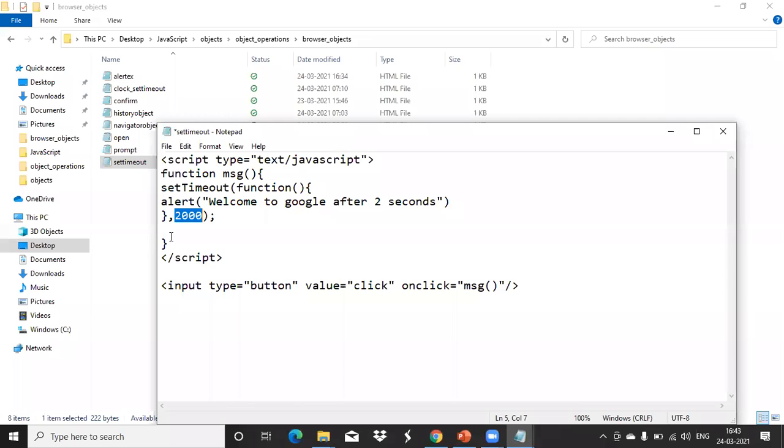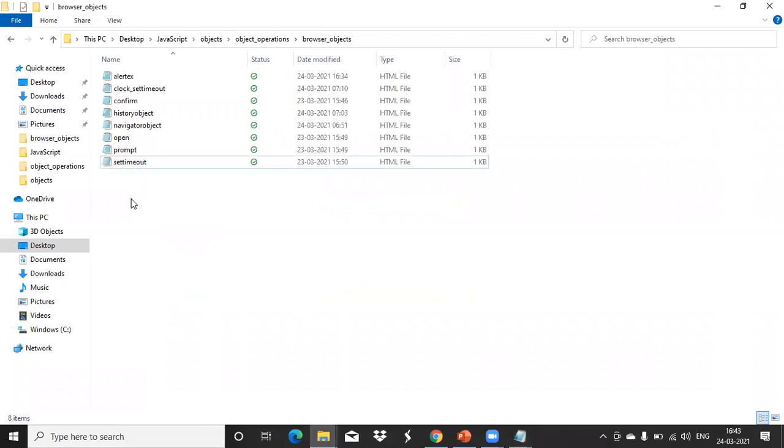Here the milliseconds value is 2000, which means 2 seconds. If I put 1000 there, it means 1 second. After 1 second only something should perform like this. You see the output.